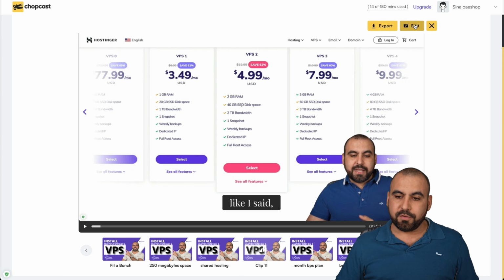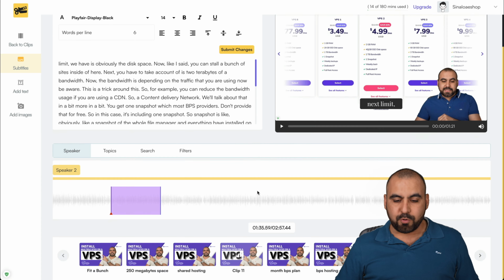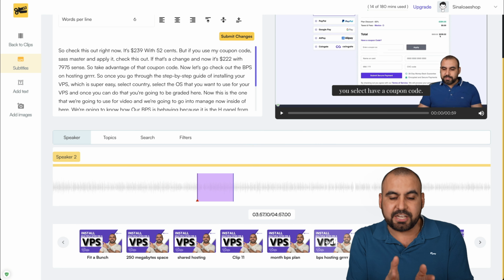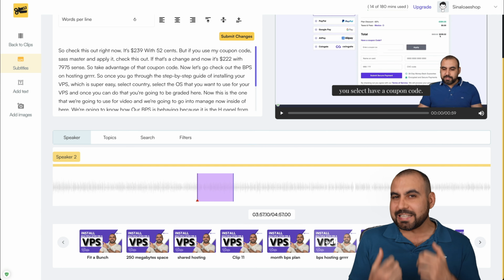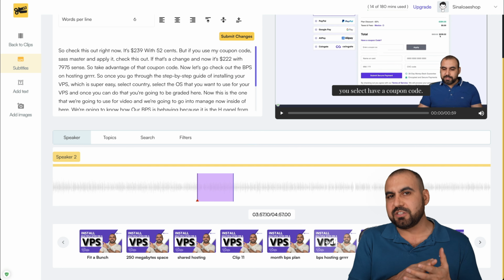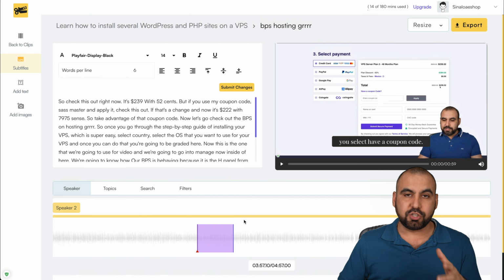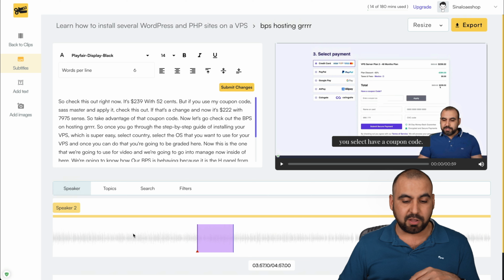But if we want to edit all of this, we can go ahead and go into editor, and we're going to view all the clips that it chopped. So if I click on this one, it's going to highlight the section from the video. Now, this is something I like. Even if it doesn't do it AI generated, it's super easy to create these chopped up videos. So for example, if I have a long video here, I just go ahead and edit this piece of the section.